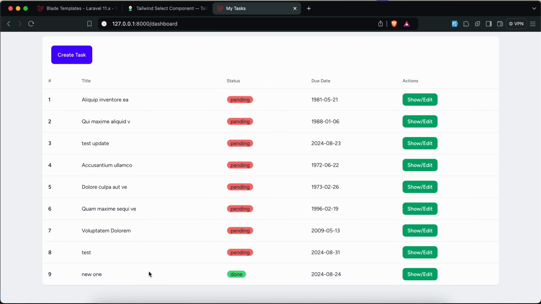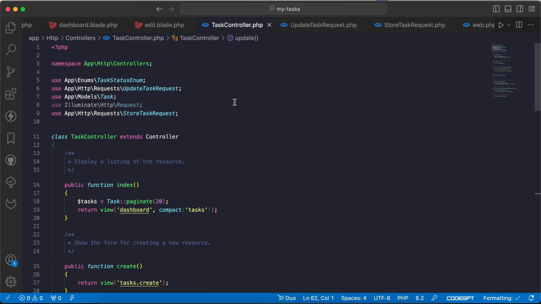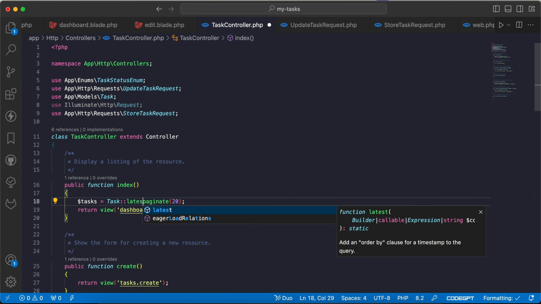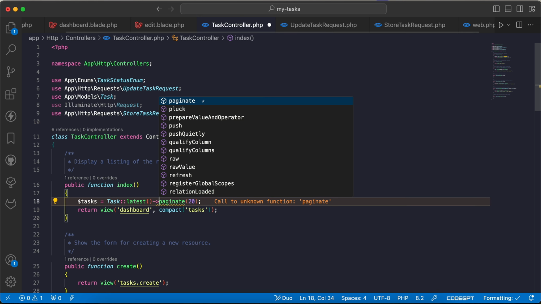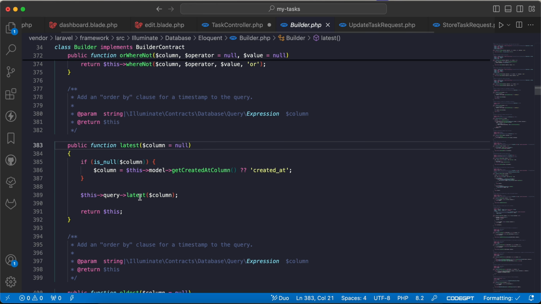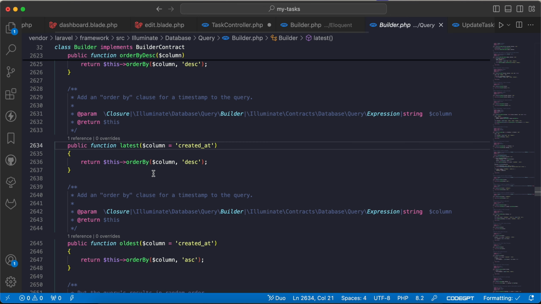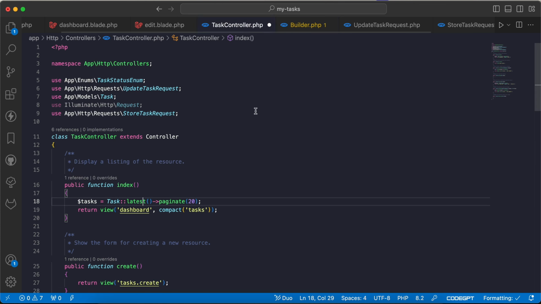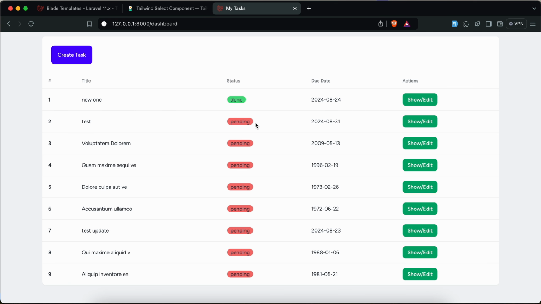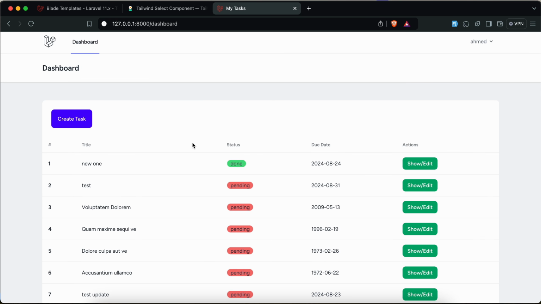Let's also change the order. The latest created ones must come first. So I will say in our task controller, inside index here, I will say latest. And what does latest mean? If we open it, it says order by created at, right here, order by created at desc, default value here. So back and refresh. We need to save it first, refresh again, and it works successfully because this last one